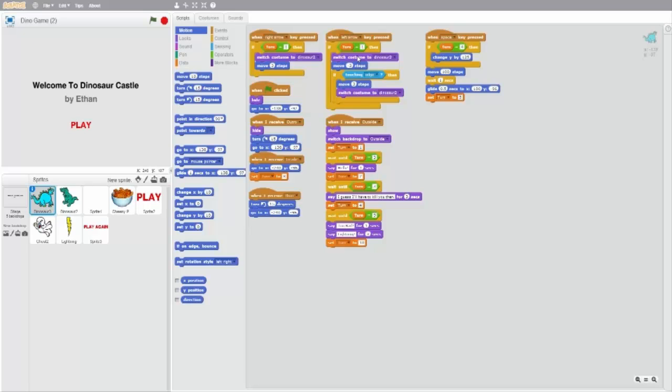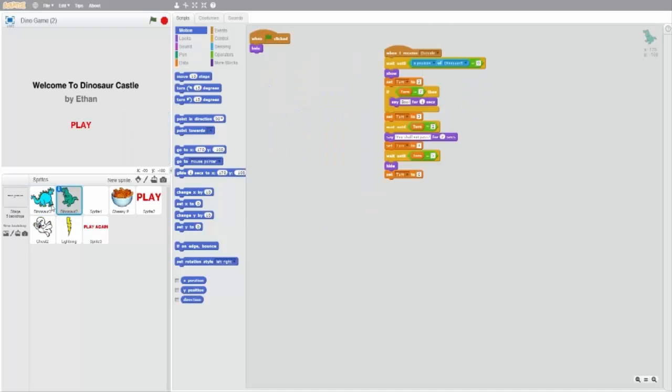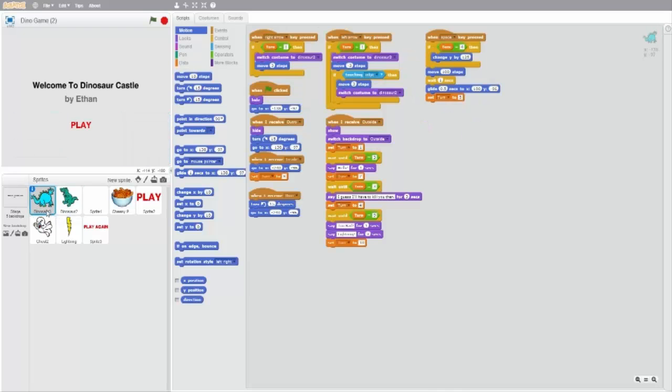And what else? So everything is basically the same when space is pressed. If the turn is equal to 4, change your Y, and so on. He jumps and then he goes. You saw that. The way the turns work, which I will explain, is this: